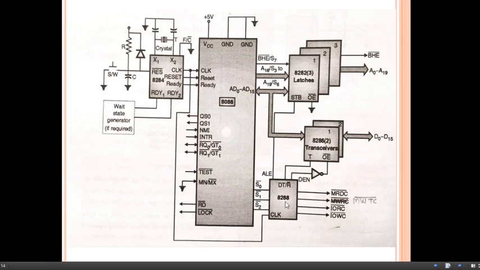but this 8288 bus controller is used in maximum mode configuration, and this bus controller is going to generate this ALE signal, data transmit and receive bar signal, and DEN signal required for the operation of latches and transceivers. The input to this 8288 is the three status signals S0 bar, S1 bar and S2 bar, and at the end this gives us the output for read and write of memory as well as read and write for the IO devices. This is maximum mode configuration.